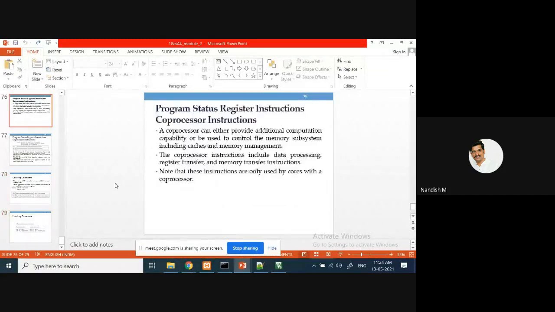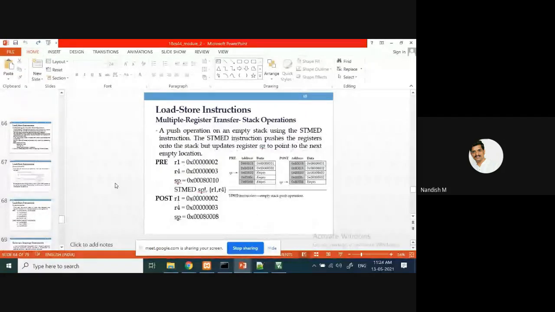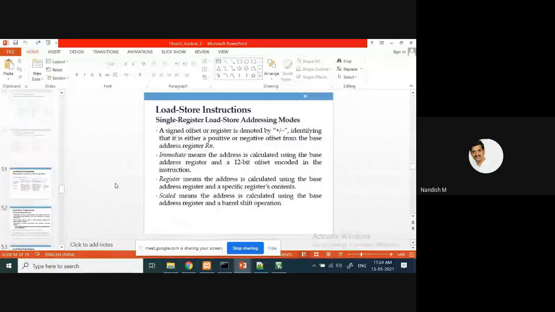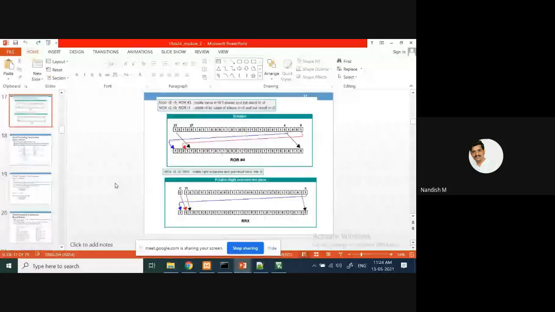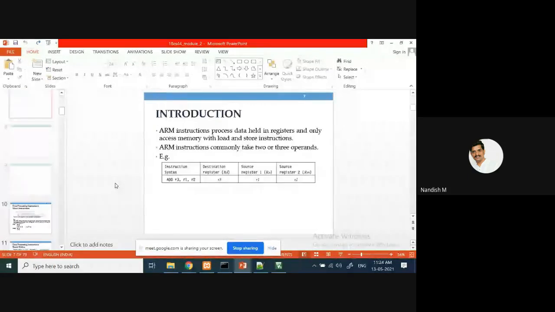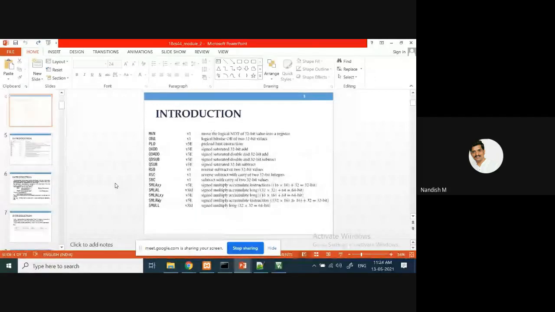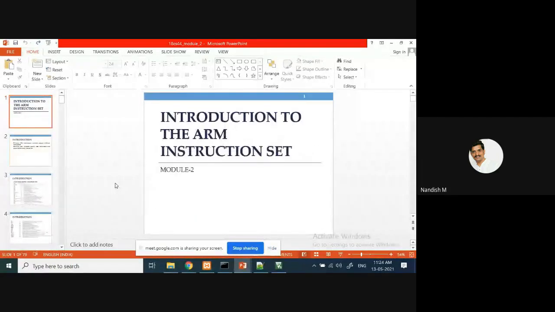This chapter is all about the different types of instructions: data processing instructions, branch instructions, load and store instructions, software interrupt instructions, and then loading the constant.